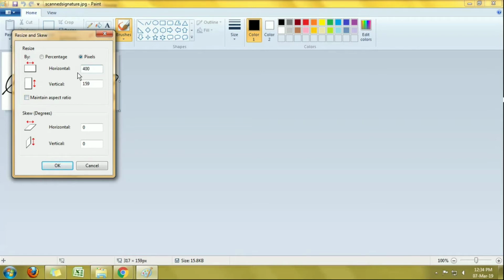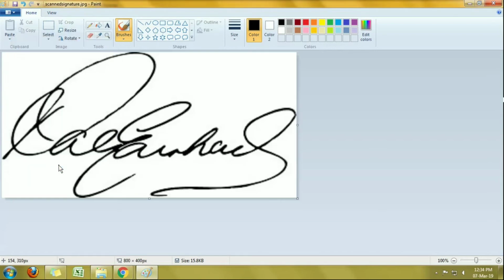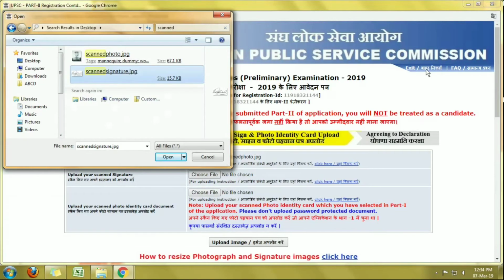I'm selecting 800 by 400 as it should be less than 1000 and more than 350. Click OK. After clicking OK and saving this file, you can see that the size of the signature is increased to 46 KB and the pixels, that is width and height, are also increased. Select it,